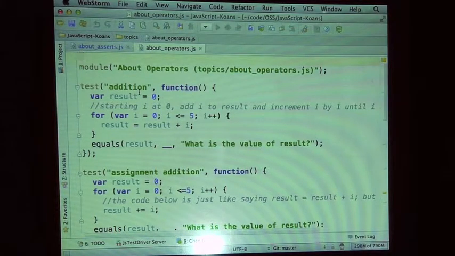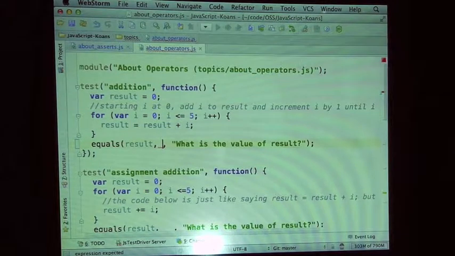So we can learn about how to do addition in JavaScript. You'll notice that there's this special, actually it's very functional. You'll see this in functional languages, the underscore to represent something that you don't care about. But in here, they just define it as a variable. But what I can do here